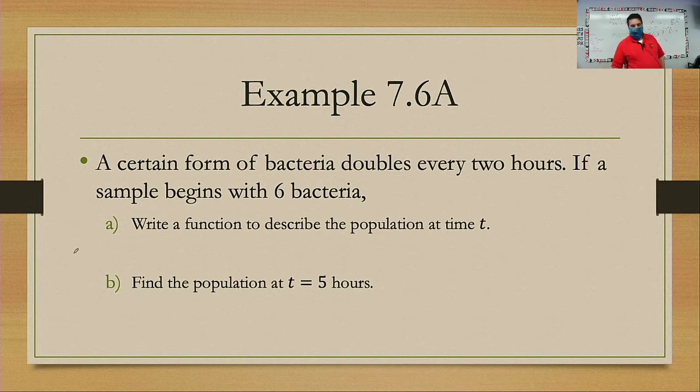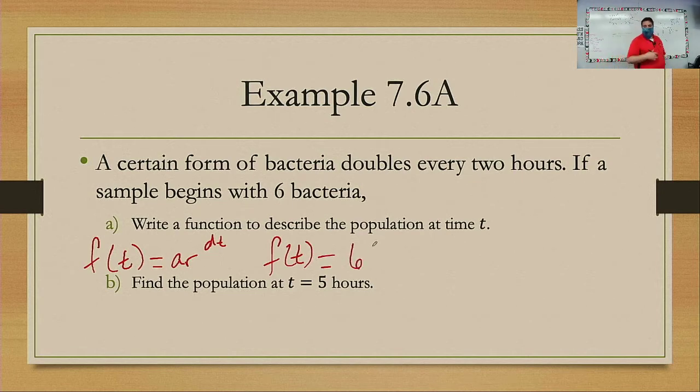model here, our population growth equation. So we have f of t is equal to a r to the d t. All right, so keep in mind then that f of t at this point will be the original population, which is 6, times the rate of growth. Well, it doubles, right? Okay, so that's going to be times 2. All right, and then the frequency of growth. Well, if it doubles every 2 hours, that means